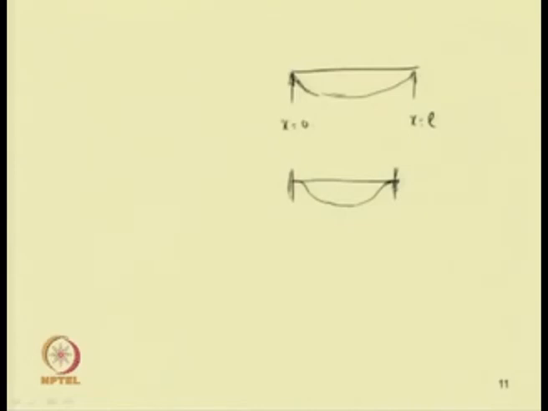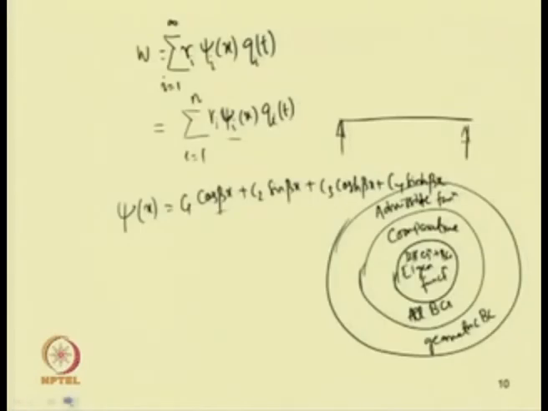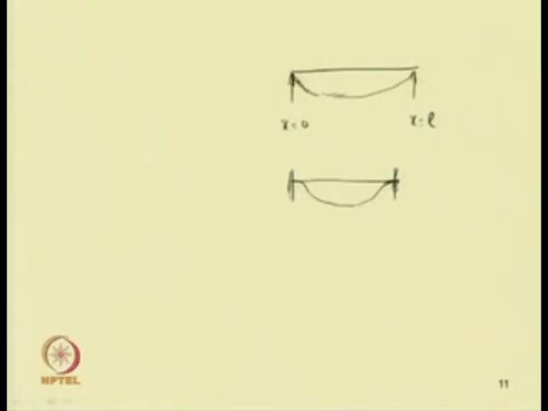So, in case of the simply supported beam, displacement at this end is 0, displacement at the other end is also 0. Along with that one has the bending moment equal to 0. So, both bending moment and displacement are 0 at both ends. This displacement is the geometric boundary condition and bending moment is the natural boundary condition, or the force boundary condition. So, if one takes an admissible function, it will satisfy only the displacement being 0 at both ends. One may not take a function which will satisfy the bending moment equal to 0 at both ends.